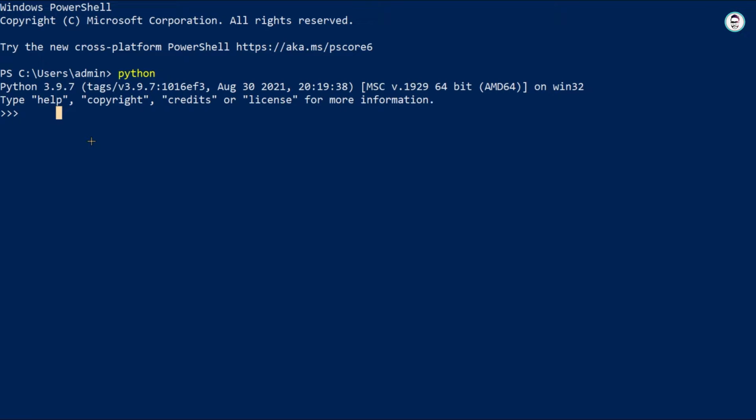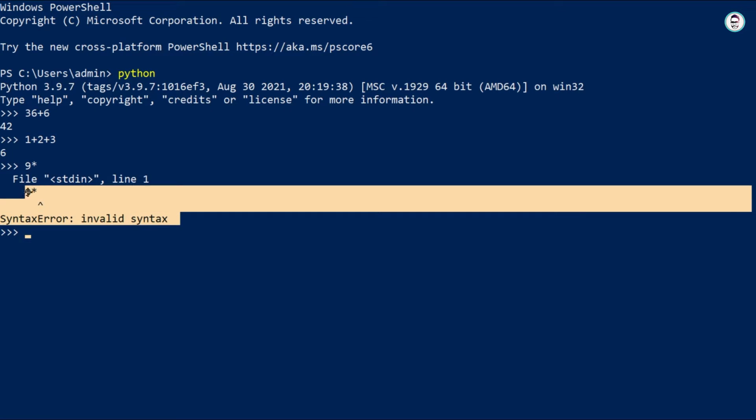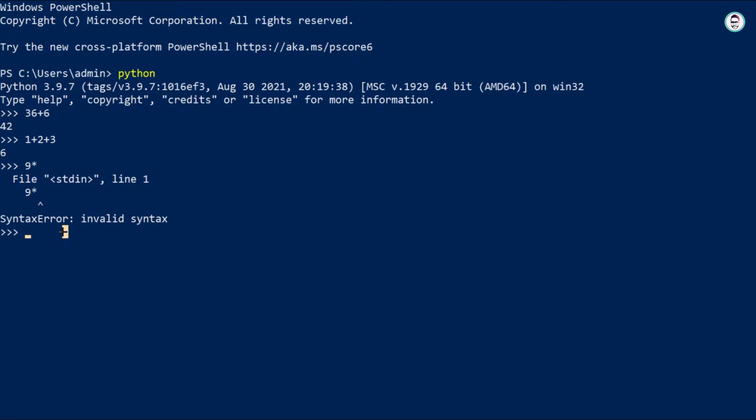Here first, what are numbers? Numbers are basically what we know. Numbers are simple numbers like 1, 2, 3 up to natural numbers. Python has capabilities for calculating simple calculations, and also many other calculations. This is known as a syntax error. This means that the command we wrote was incomplete. As you can see, 9 and asterisk is not any command.